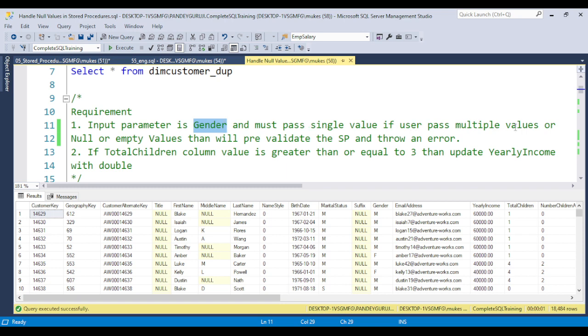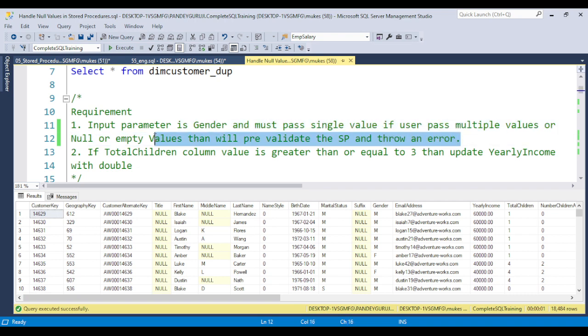If the user passes multiple values like m comma f, or a null value or an empty value, then we pre-validate in the stored procedure, the SP, and manually raise an error so the user can understand.